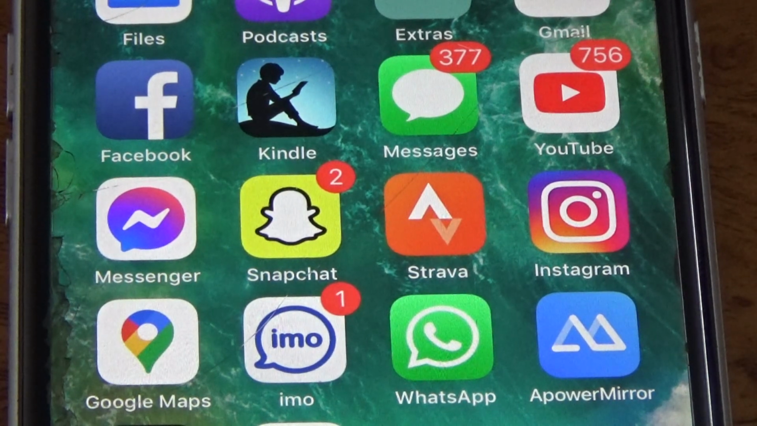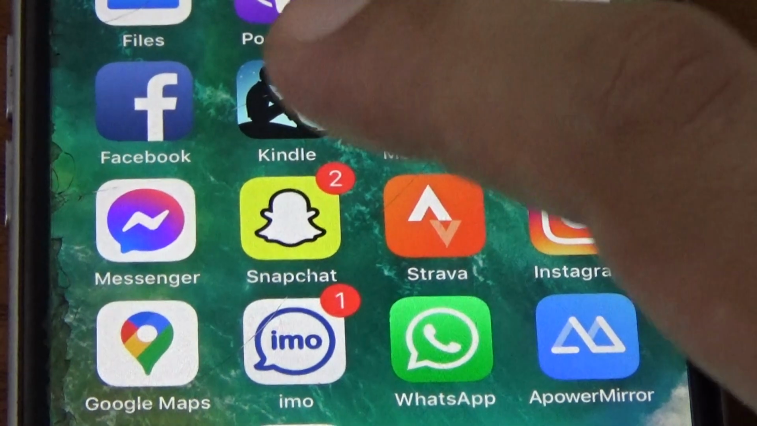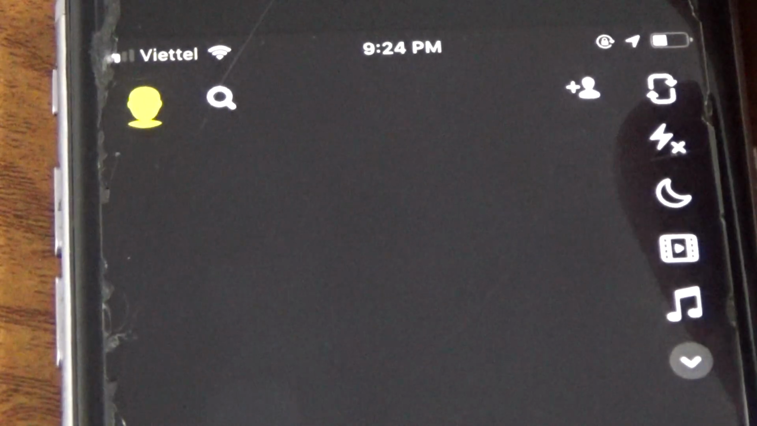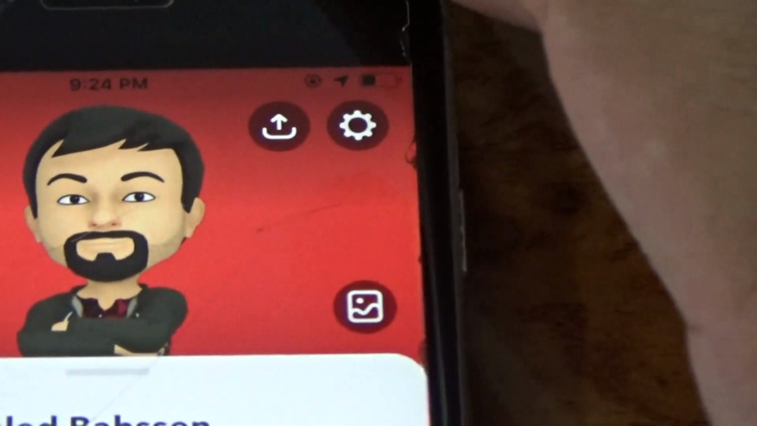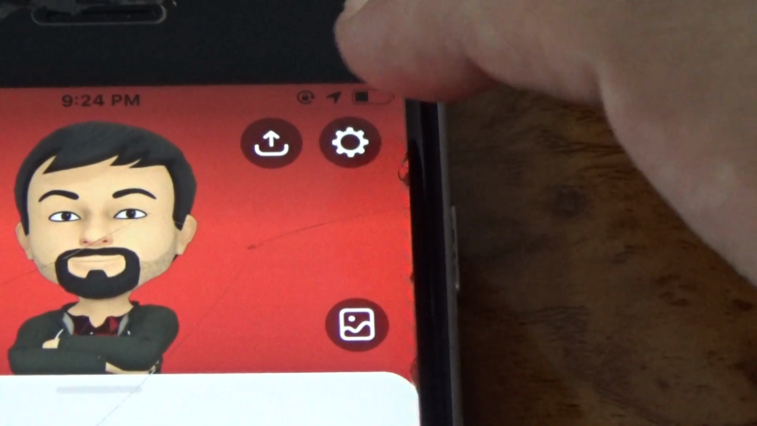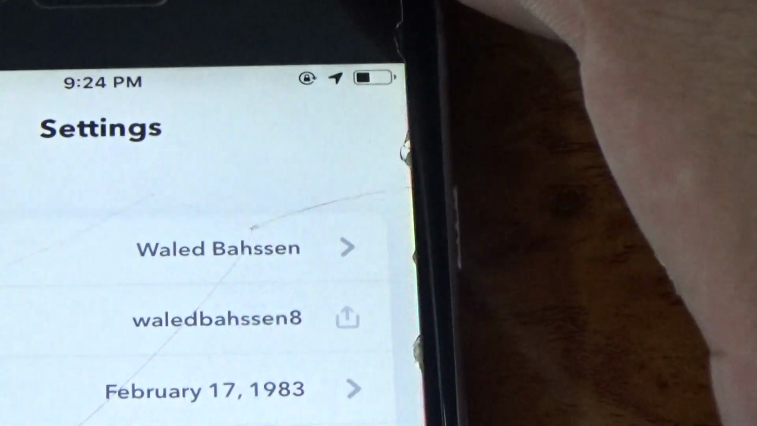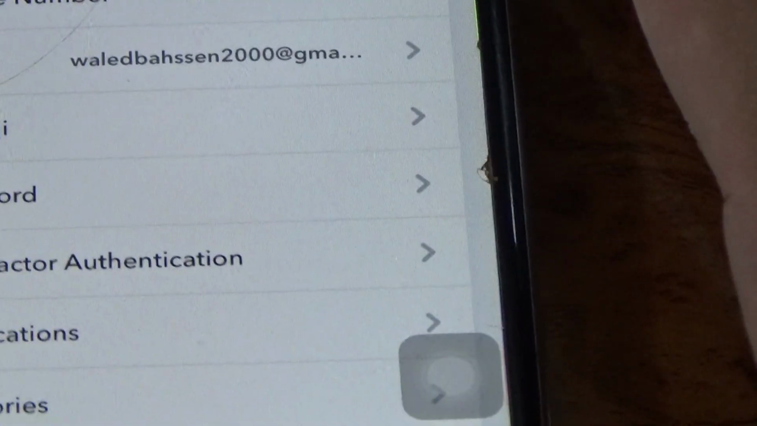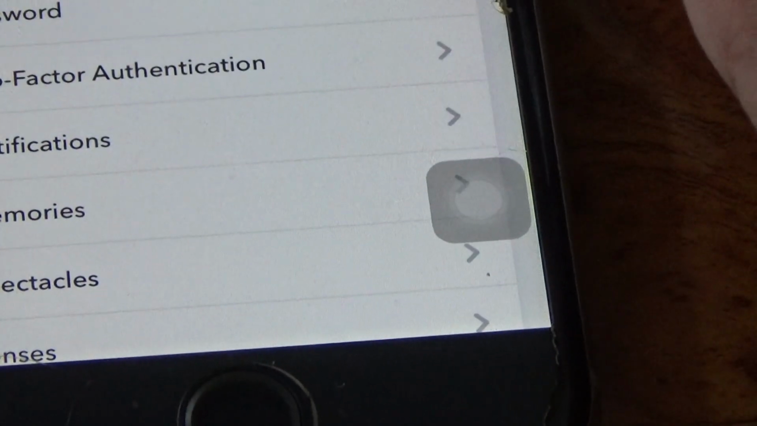What you need to do, first, just go to the Snapchat app, and then just click on your profile icon on the top left. After that, click on the settings icon on the top right, and then just scroll down